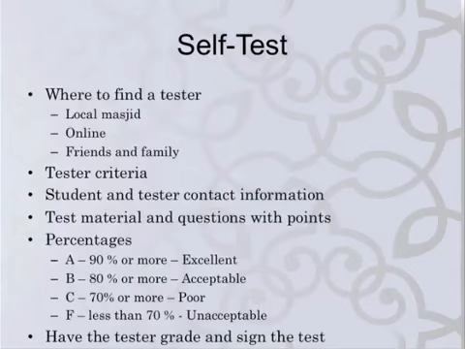You can conduct 5 tests at a time, 6 tests at a time, but the reason I want you to build it on one on top of another is for that precise reason, that if, let's say, you are at a lesson and you've scored a 70 or less on it, then I wouldn't want you to move on to the next lesson test. So keep it to a minimum. Maybe conduct 2 or 3 lesson tests at a time with a tester, so that you're not taking up too much of the tester's time, the person who's going to be helping you, and you're using their time wisely as well.